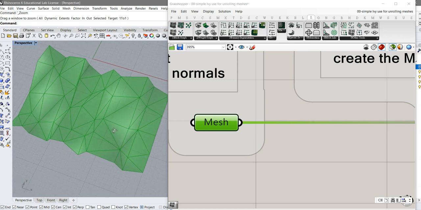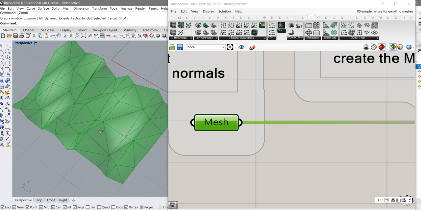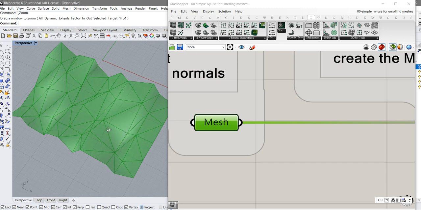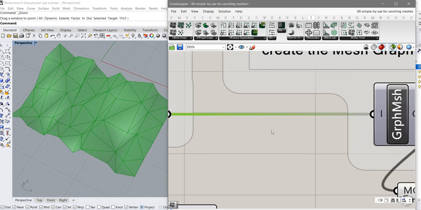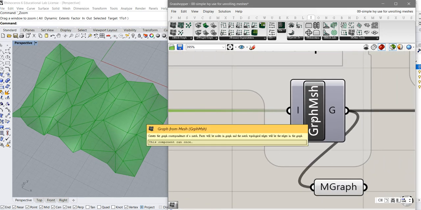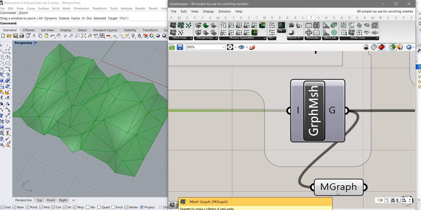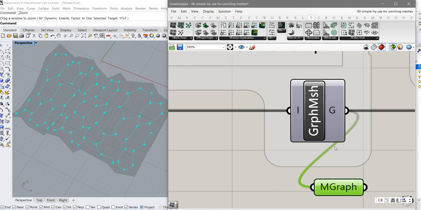So it's a triangulated mesh with a lot of triangles. And then using this component, we derive a graph. And here we can show both the derived graph